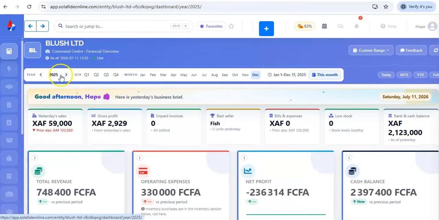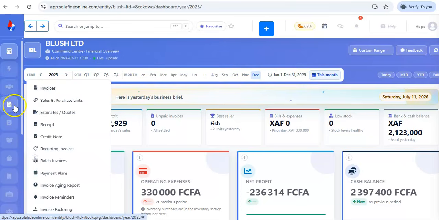So if you want to check a particular year, here is to check a year ahead and here is to check a year before. Then here has to do with quarters, the first quarter, second quarter, third and fourth. Then here, if you want to specify within a particular month, or if you want to set a date, like maybe within a week, you can do that here. Alright, so we're going to look at